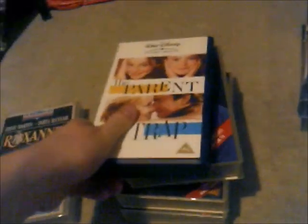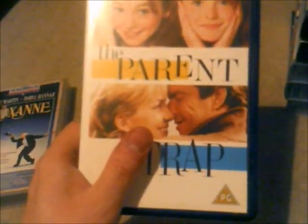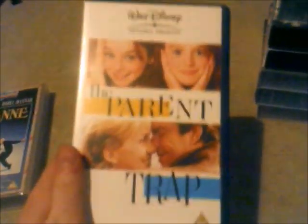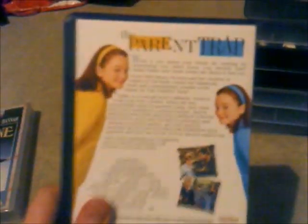Right, moving on to the next one, and it'll be The Parent Trap. That's probably based off an old Disney classic. This is a remastered one. Well, actually it's a reboot. Here's the front, spine, and here's the back. Here's a tape for The Parent Trap. Print date is 7th of June 2004, and it's got the old Woolworths bit that's with Disney's Aladdin on DVD,